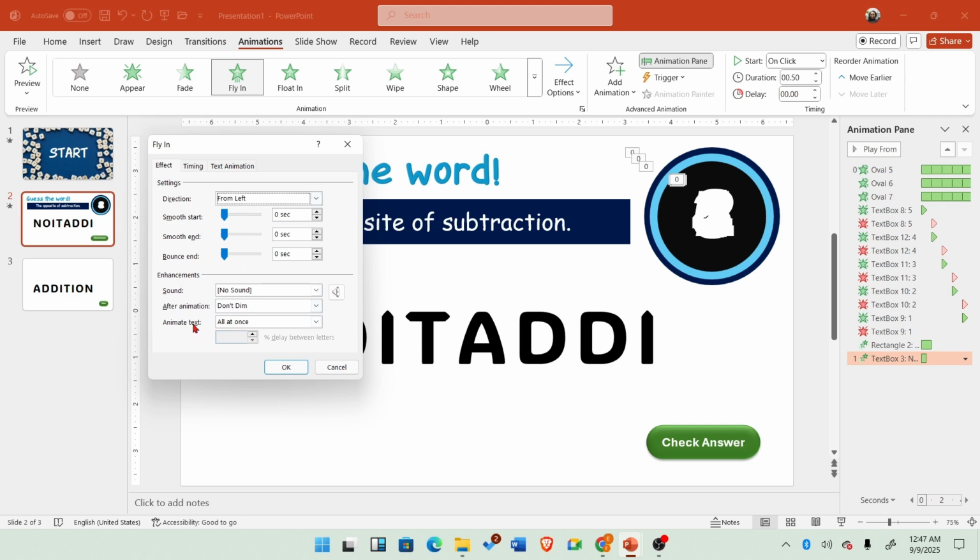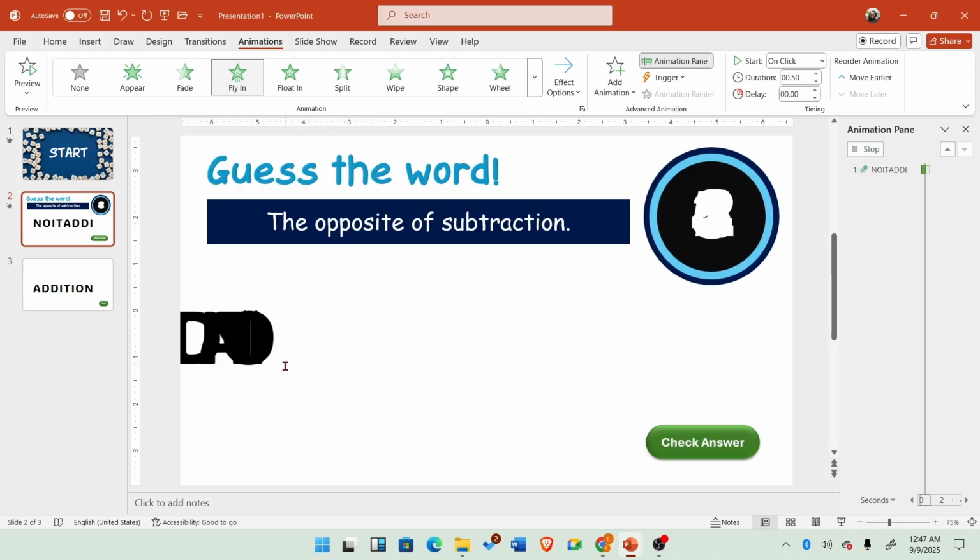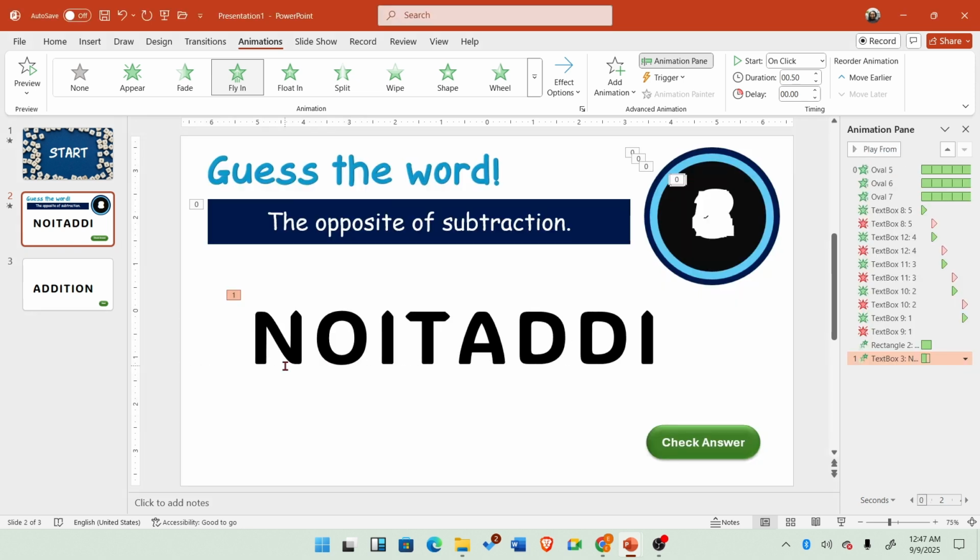Here where it says animate text, we don't want it to come all at once. We want it to come in by letter, and it's okay for it to take 10 seconds. So 10 seconds is cool. So yes, that's it. It's coming by letter now. Okay, so that's the animation we want to do. And remember, we changed this to with previous. We want it to start with previous, and let's change it to 1 second too. Yes, 1 second is okay. All right,